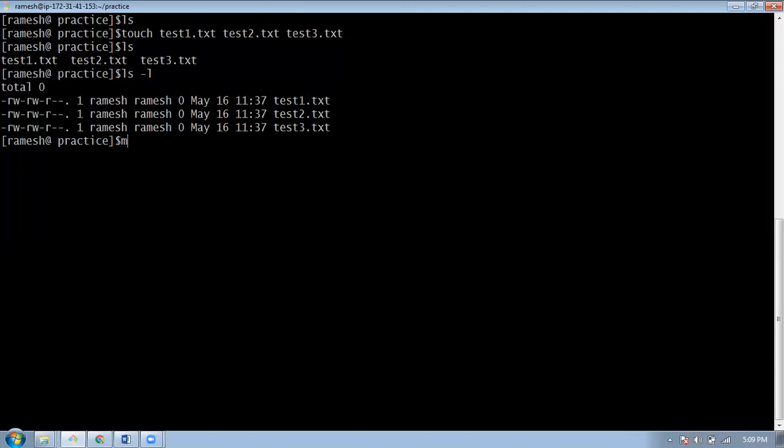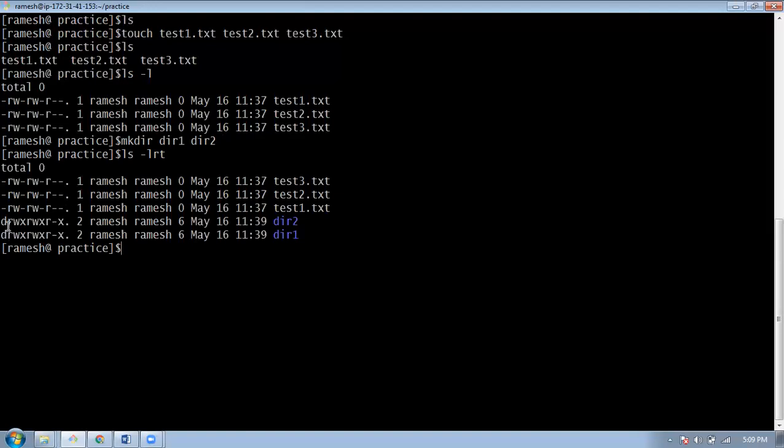And let me create a directory also. So mkdir is the command to create the directory. Now you can see for a directory there is d here, the starting letter, when you do ls -l long listing. We'll work on this ls, one more option we'll try, -F. So when we do -F, for directories you can see a slash at the ending. For normal files, you will not see anything.